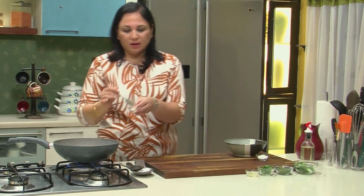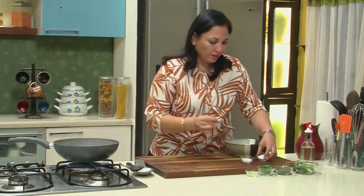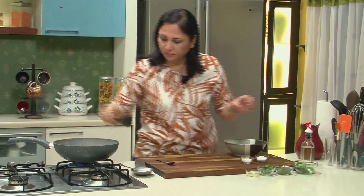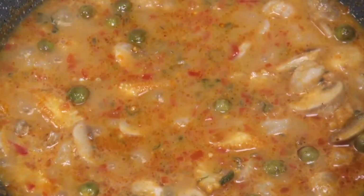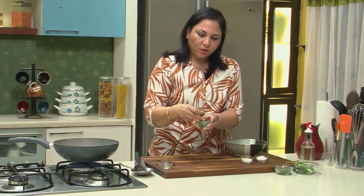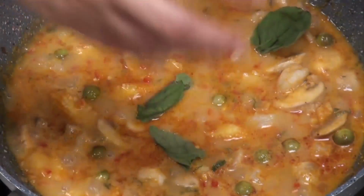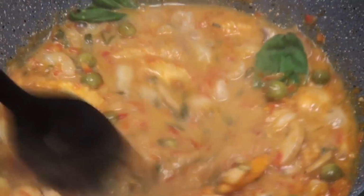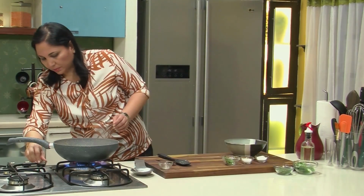I am just going to add a little bit of sugar into this to balance out the flavors, and a little bit of salt. Just give this a stir. It's smelling really great, and we have some of the balance of the lemon juice that we can now add in here. And of course, Thai cooking is not complete without basil. So, this is lovely Thai basil which I am going to just tear and put in, and we will reserve some for the garnish. So, this curry is absolutely ready, and I am just going to turn off this heat,